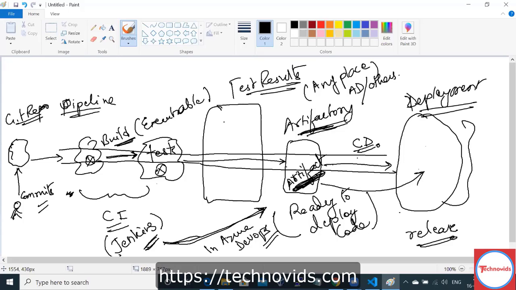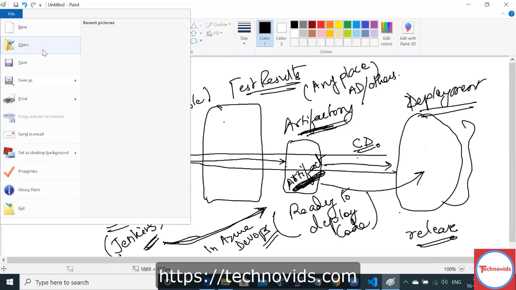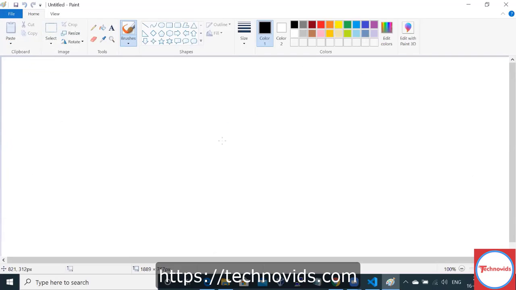Before any code becomes a release, it is an artifact, which is always tested first. Remember, artifact is the ready to test or ready to deploy code. Even after build, we can say that artifact is generated. Because if we are only creating a CI pipeline, an artifact can be generated at any stage.